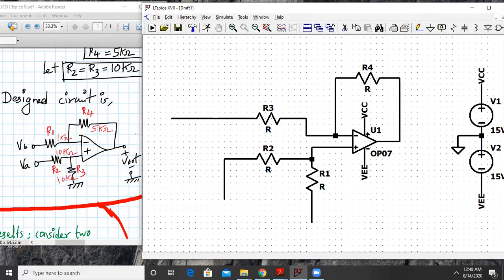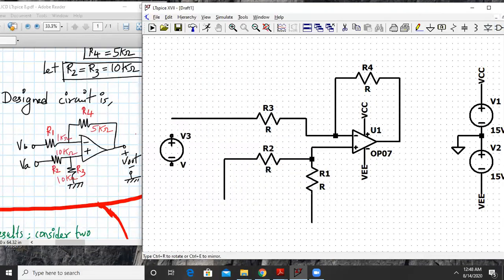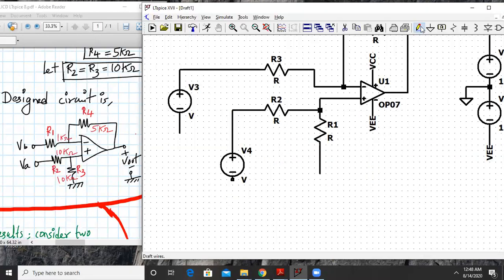Okay, so more or less the work is done. We have to just select the DC voltage sources for VA, and this will be for VB, and we'll connect them with a wire quickly. So this is connected, and the lower one also will be connected. Let me just pull it up.